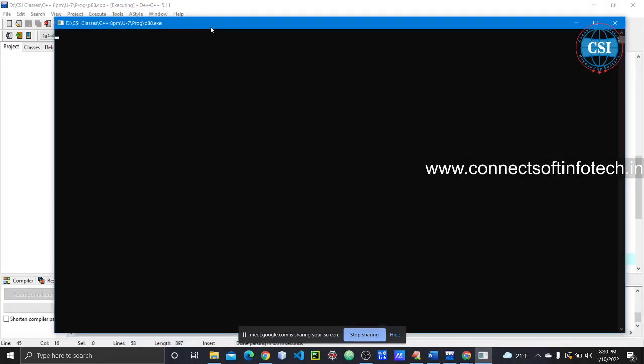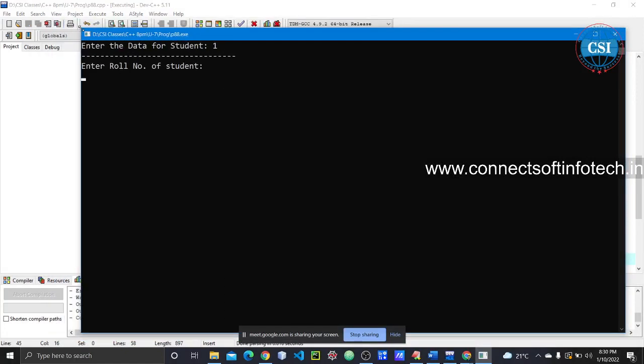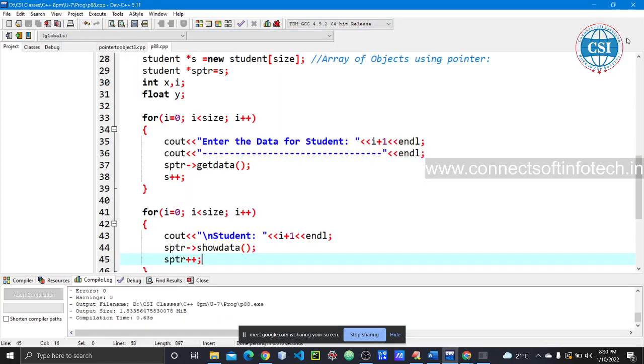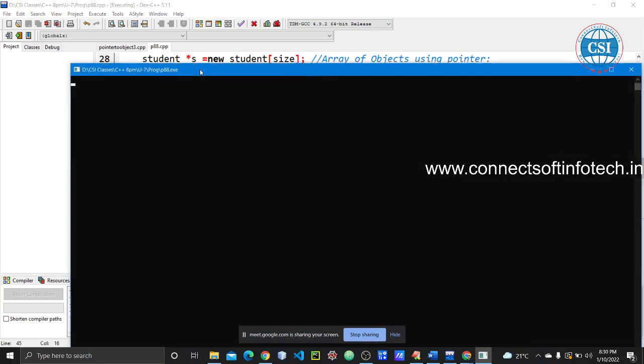Now we are just reading and displaying the data for the two objects. Now I want to enter and display the data for nth number of objects. That is also possible. So first of all, I am going to show you this output. After that, I will show you how to enter dynamically for nth number of objects. Right. So see here, I am executing right now, compiling.